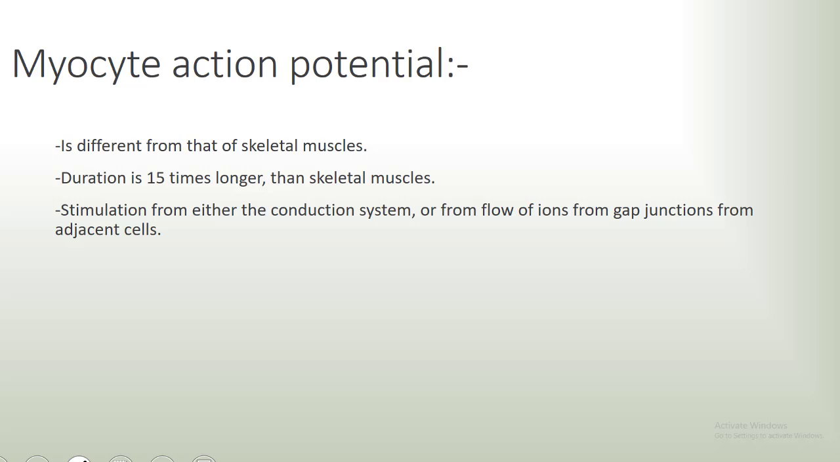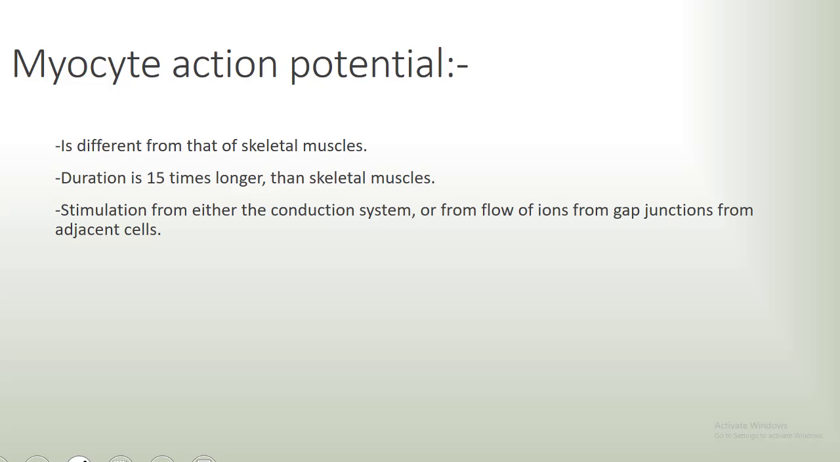Hello everybody, today we're going to be talking about the myocyte action potential. The action potential of a cardiac myocyte is a bit different from the action potential that occurs in skeletal muscles. One difference is that the duration of the action potential of the cardiac myocyte is about 15 times longer than that which occurs in skeletal muscles. This is because we have a plateau phase in the action potential of the cardiac myocytes,